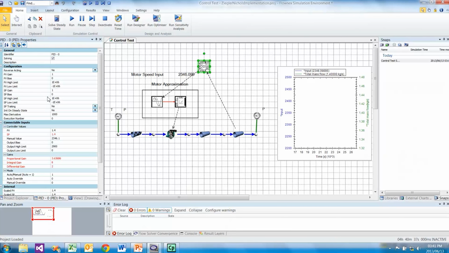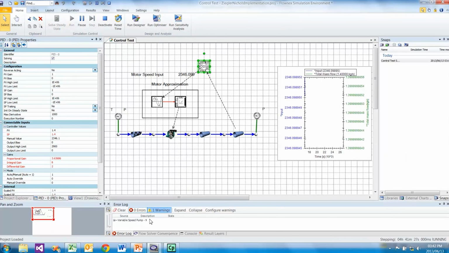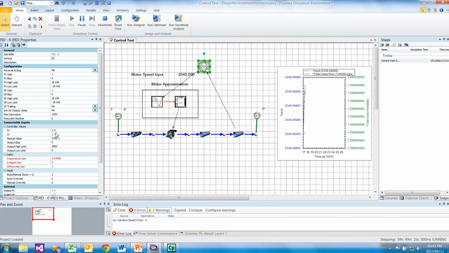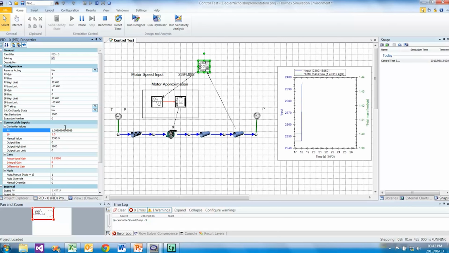Entering those constants into our PID controller and setting the controller to auto instead of manual, we can now run our simulation, and if we want to go to a different set point, we can see how our controller operates.